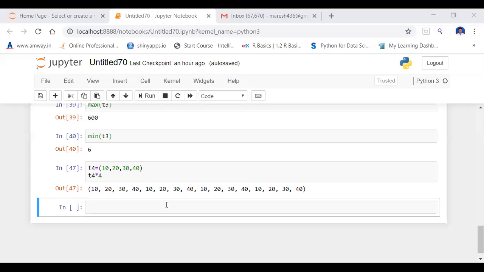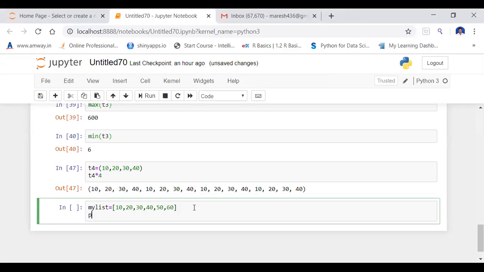So what is there? My list. For simplicity, I'm choosing my variable name as my list. My list equals, the elements should be in square brackets. A group of elements should be in square brackets. 30, 40, 50, and 60 are my elements in the list.